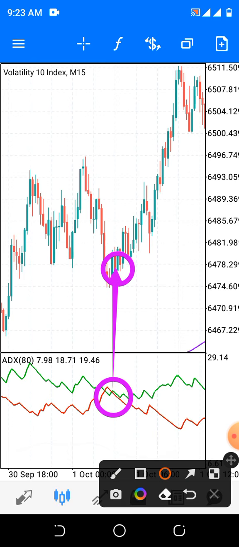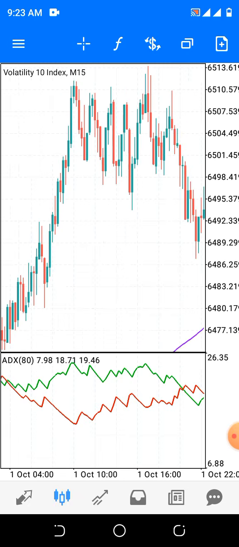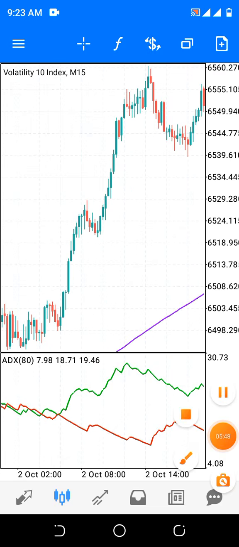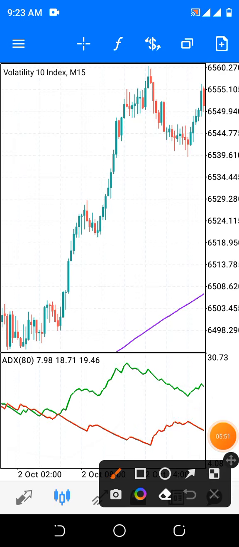Like I said before, this strategy is also applicable on centralized exchange trading of cryptocurrency. Spot trading, not futures. You can still make your profit there. Here is another buy entry, provided the market is still above the moving average. Make a buy entry here, and this is massive profit.